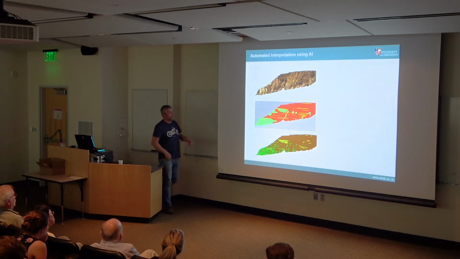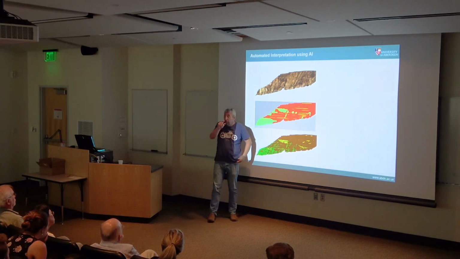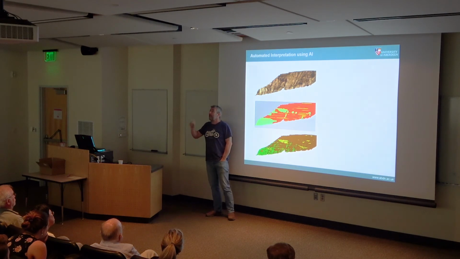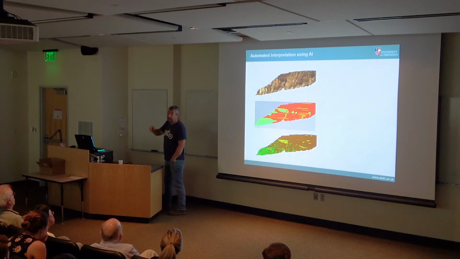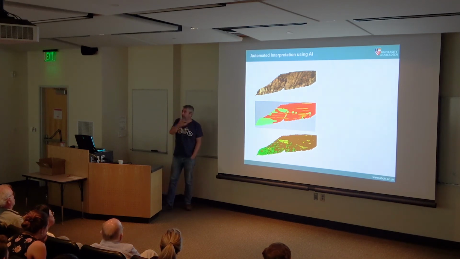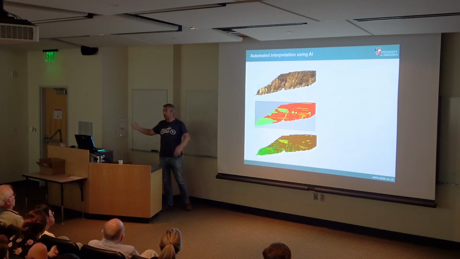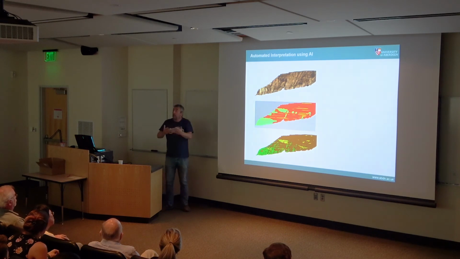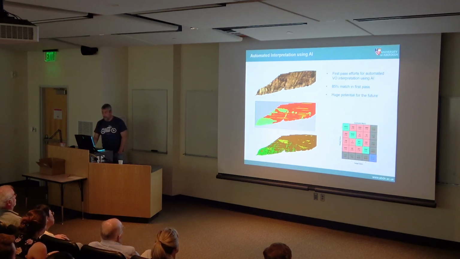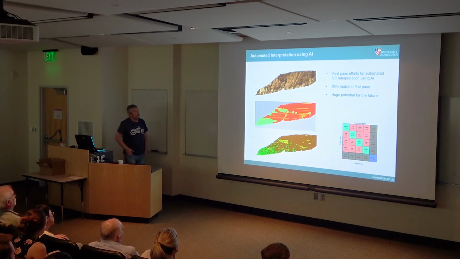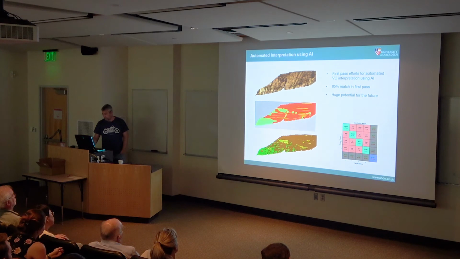For us at the moment, the biggest bottleneck we have is students sitting there getting repetitive strain injury, mapping out every sand body. If we could automate that process, which is absolutely doable, again, Google trains algorithms to separate dogs from wolves and all this kind of thing. So it's completely doable. It's just a question of applying it in our sphere. So our first pass, we were able to get a sort of 85% match, and I think we're going to improve on that significantly as this project goes on.